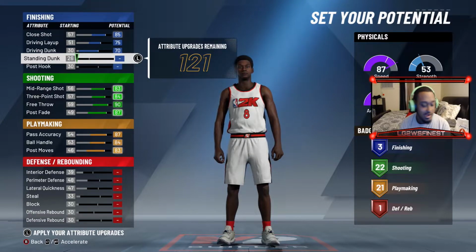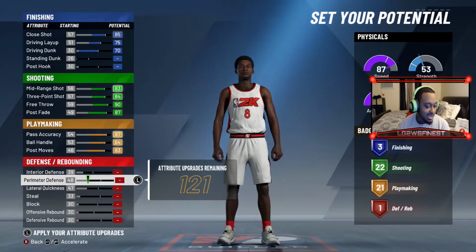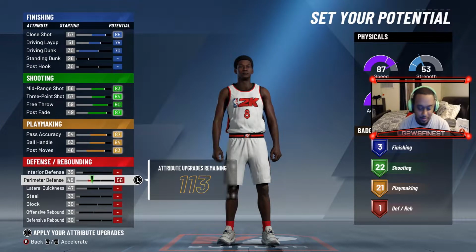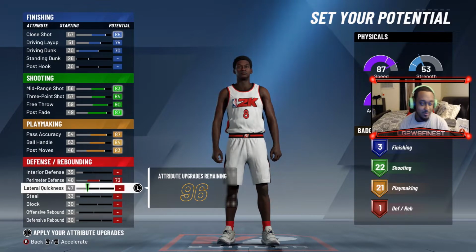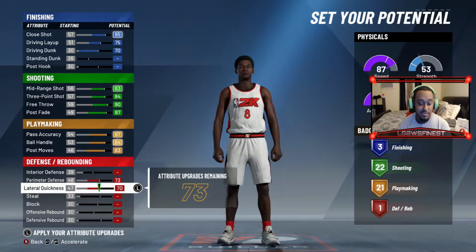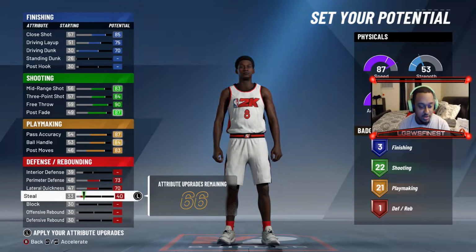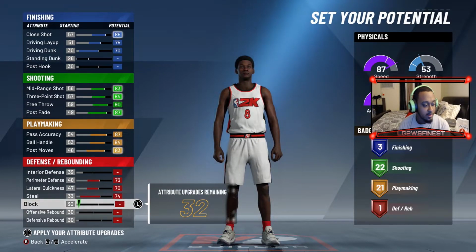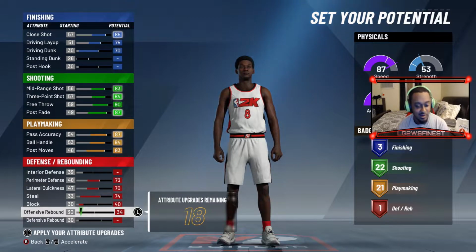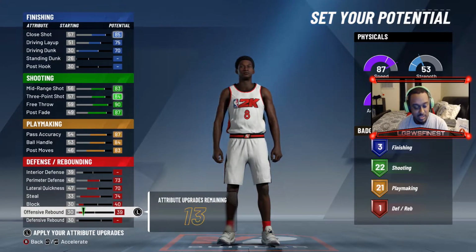Post hook, standing dunk, I'm a 2, I'm not gonna be doing that. Interior defense: I'm 6'5" right now. Do I really need to be able to defend the post? No, I don't. You can play against people in the post anyway, especially the way layups are this year. It doesn't really matter. You will need it if you're a big, because you're going to be defending other bigs. But as a guard, I'm not defending anyone who's really shooting out of the post. If they do, I'm gonna take my steal all the way up. As you can see, rebounding, I don't leave it all the way down, but...